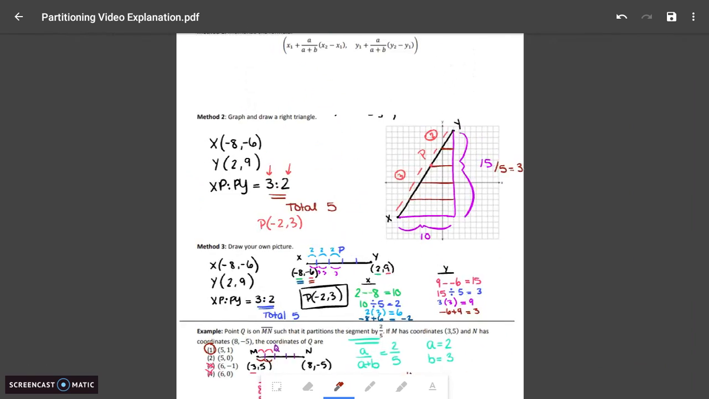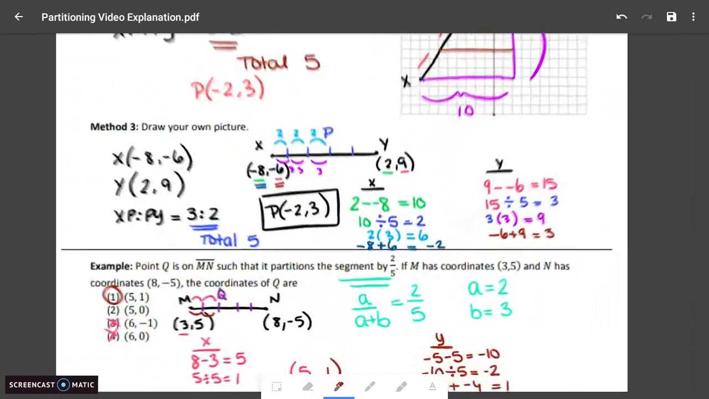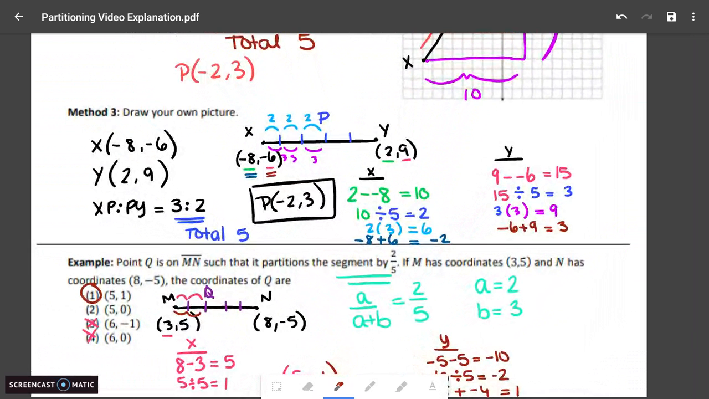Okay. So remember, you can do any of these 3 methods that you so choose to do. I personally like method 3. If you like 1 or 2 better, then that is